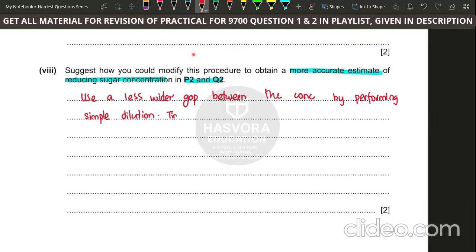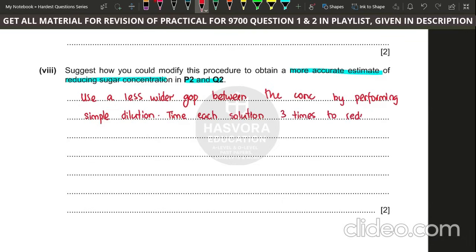Then we have to time each solution, and you can also increase the accuracy of the experiment by repeating the number of times you calculate a time for each solution. You can take the average of that time. So time each solution, you can say 3 times or 4 times. Okay, it can be an improvement, 3 times